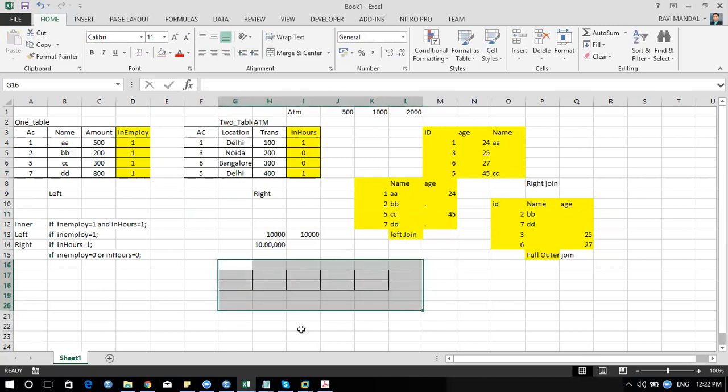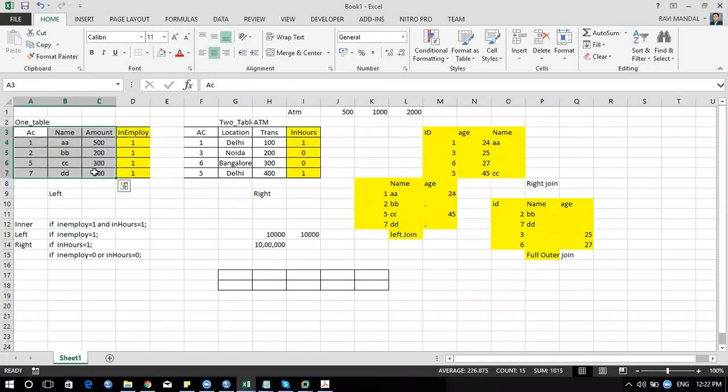Now, sometimes I say, okay, I want all the information from the first table, and I want to know who is performing a transaction and who is not, from a particular bank or for a particular ATM. So I'll get to know about this. I'll copy this into account, correct?